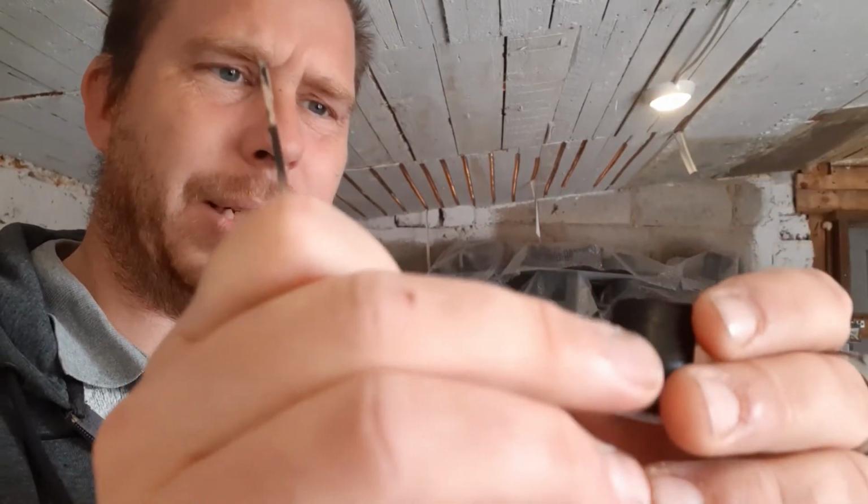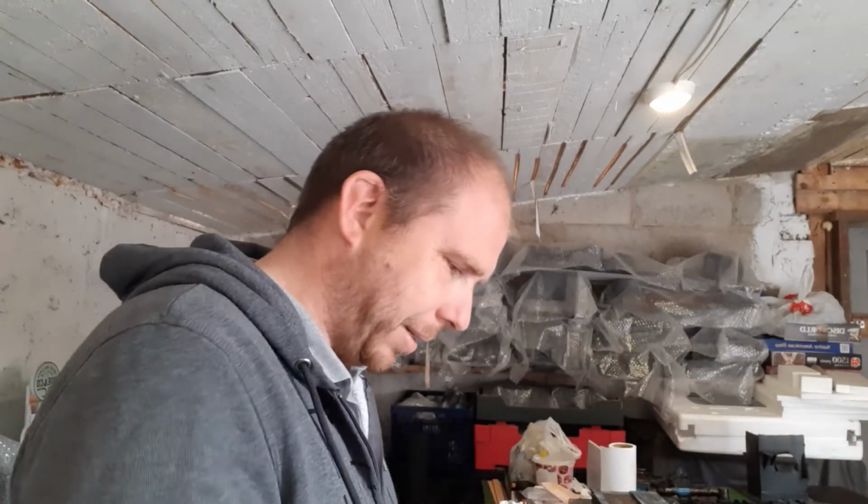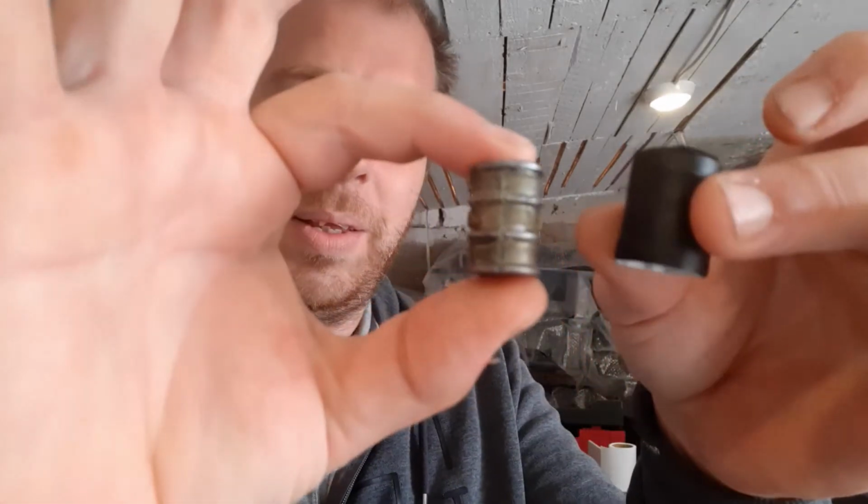Take it up here so it's dry. Inside, so there is a little flappy bit here I'm not happy with, but that is... yeah. So what I'm going to do now is I'm going to give it a